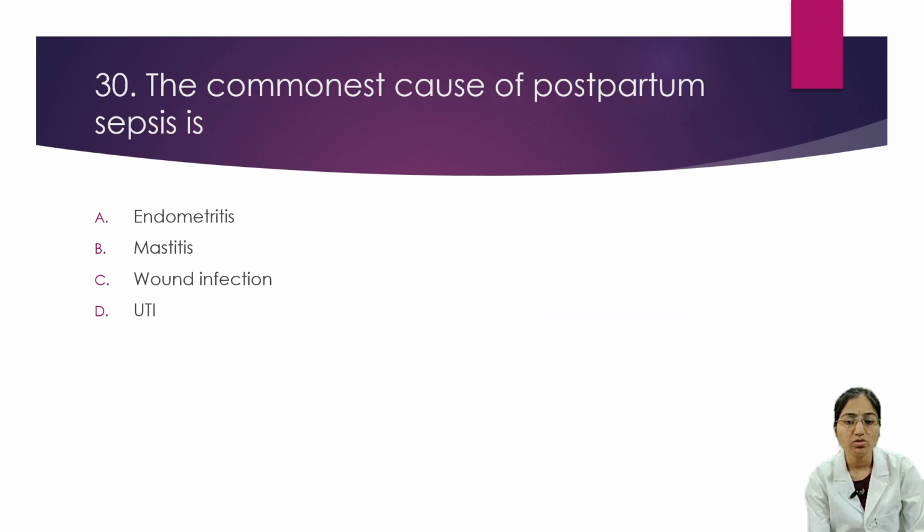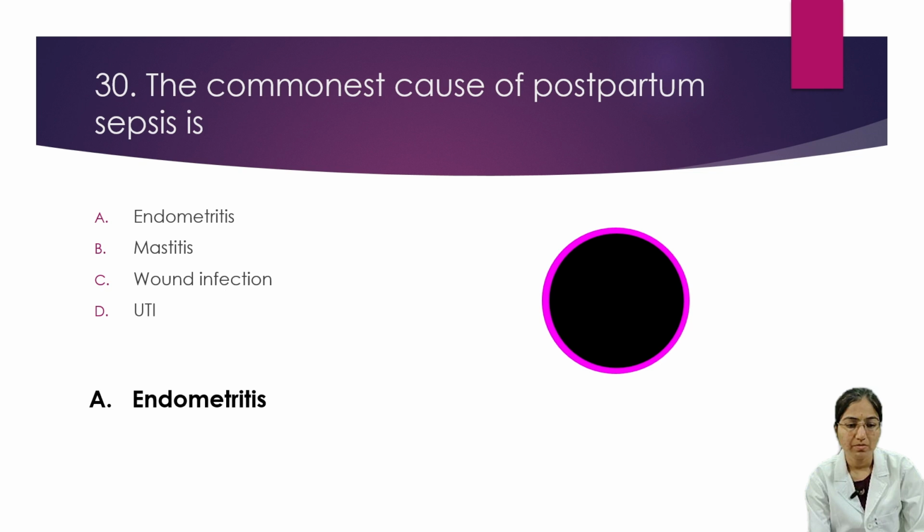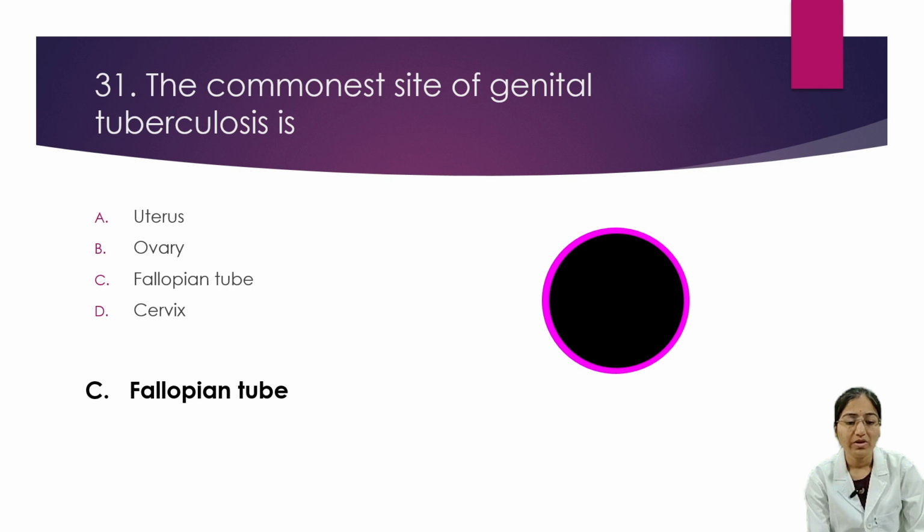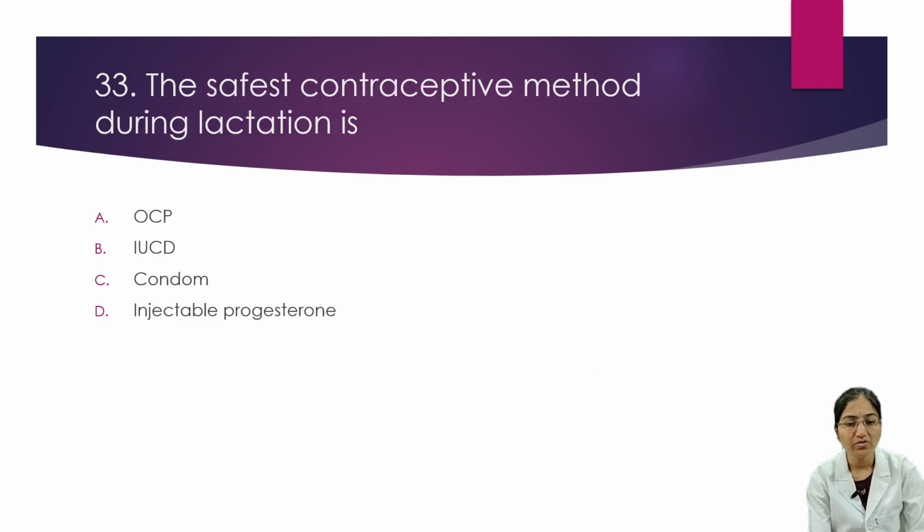The commonest cause of postpartum sepsis is endometritis. The commonest site of genital tuberculosis is fallopian tube. The safest contraceptive method during lactation is